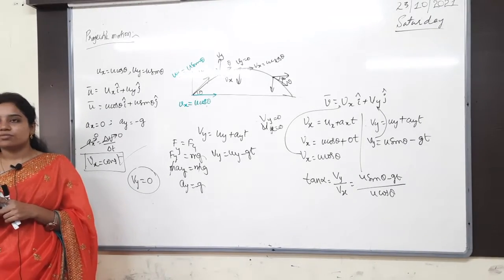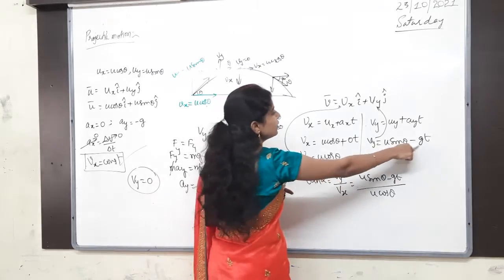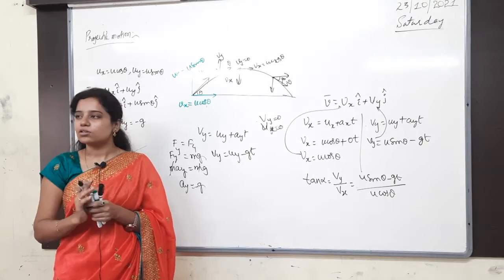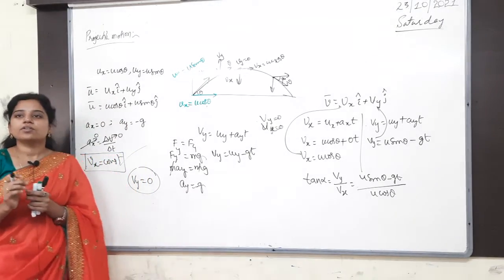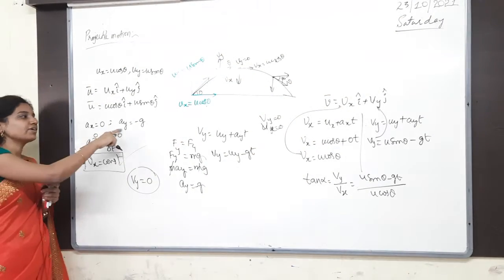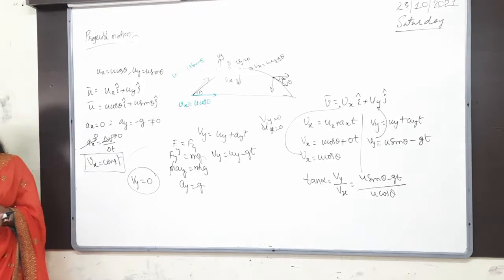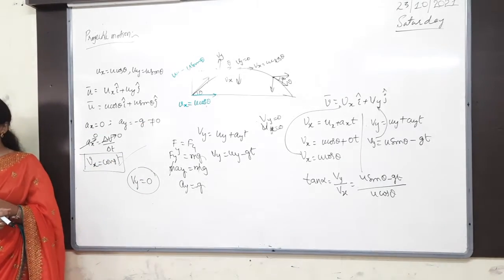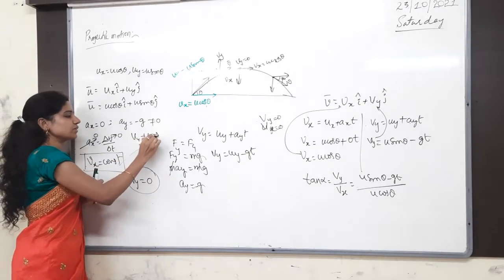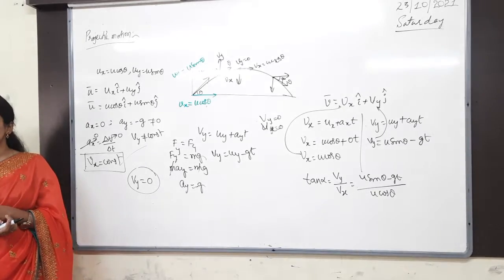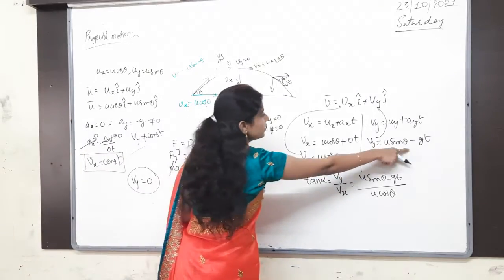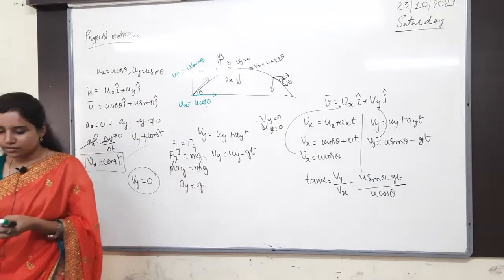And then which will be changing? Vy is changing. Vy is changing as what? U sin theta minus gt. So as the time changes, the velocity also changes. Which velocity? Vertical velocity. Why? What is the reason why it is changing? Because Ay is not 0. Because Ax is 0, horizontal velocity is constant. Because Ay is not 0, vertical velocity is not constant. Not constant means variable. Variable with respect to what? With respect to the time. So only that is u sin theta minus gt. Correct? That is about the last class.